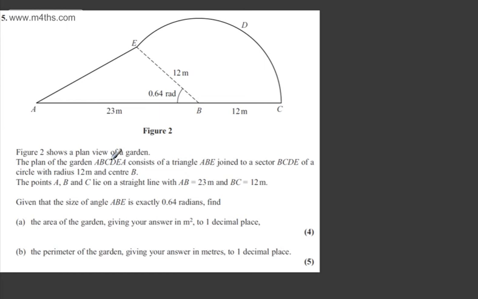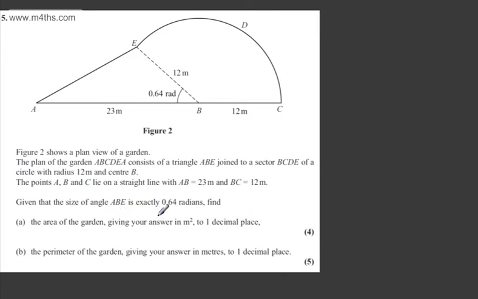This is question 5. We're told figure 2 shows a plan view of the garden. The plan of the garden ABCDEA consists of a triangle ABE joined to a sector BCDE of a circle with radius 12 metres and centre B. The points A, B and C lie on a straight line with AB equal to 23 metres and BC equal to 12 metres. Given the size of the angle ABE is exactly 0.64 radians, find A, the area of